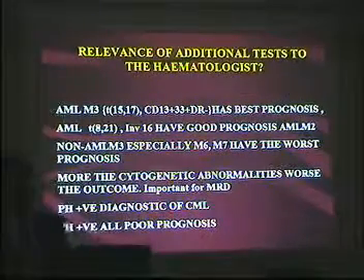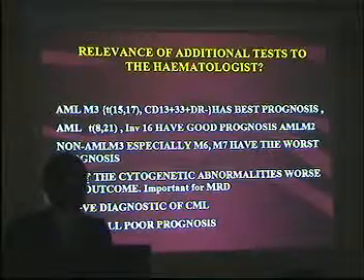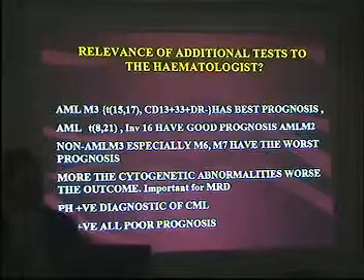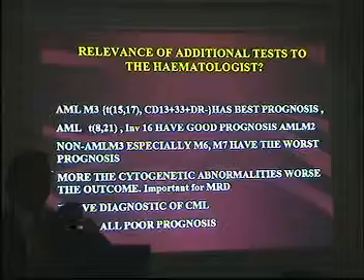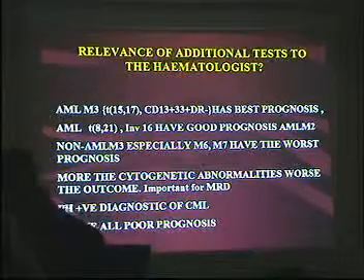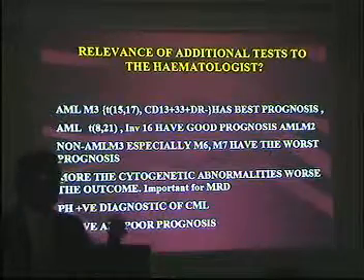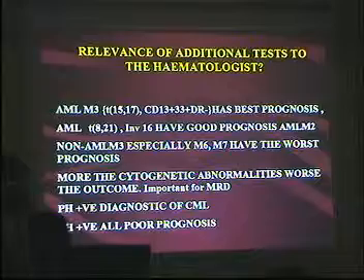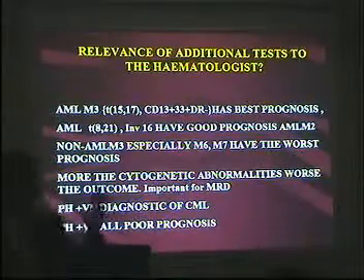If it's a non-AML M3, that is AML M0 onwards to the others, then the translocation 8;21 is also considered to be a good prognostic indicator, and the chance of this person going into remission is good, and the need for transplantation is also less. Similarly, inversion 16, same thing, they are good prognostic indicators. But those who are non-AML M3, non-M2 also probably, all the rest have an equally poor prognosis.